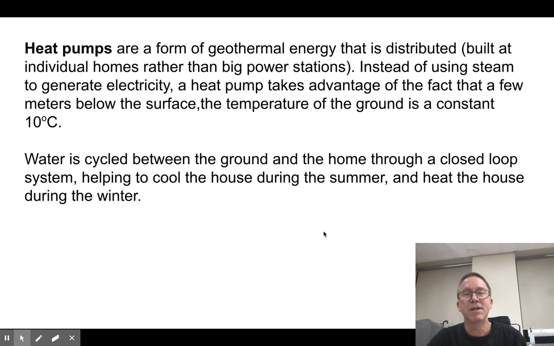The last thing I want to talk about is heat pumps. Heat pumps are cool. Heat pumps are a form of geothermal energy that's used all over the world. My sister has one. They're very common. So the idea is, everywhere in the world,